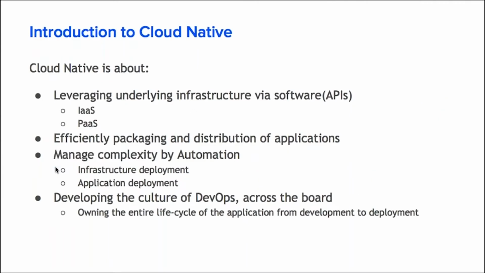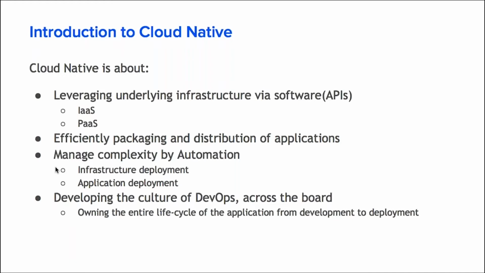So what is cloud native? If you look at the internet, you find multiple definitions about cloud native and what it is about. So I tried to look at all of them and abstract out some of the information about what we can define as cloud native. One of the very basic things about cloud native is how we can leverage the underlying infra with the software. For example, if I want to deploy a VM instance on the cloud, I could just have a DigitalOcean API and call the DigitalOcean cloud to provision the VM on the fly, which we'll see as a demo as well.